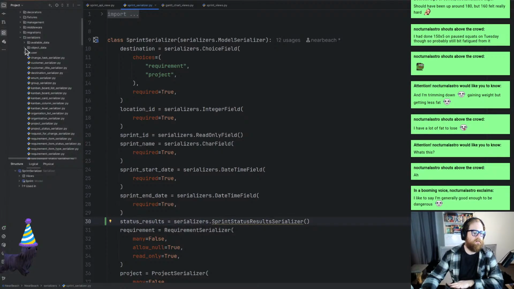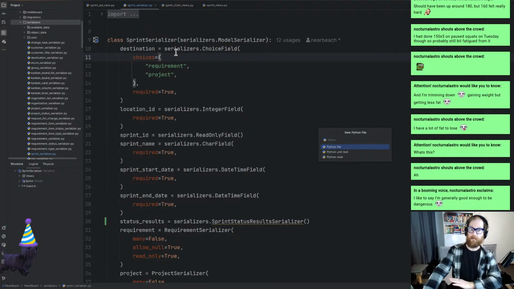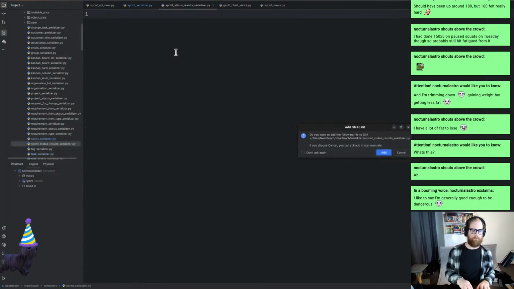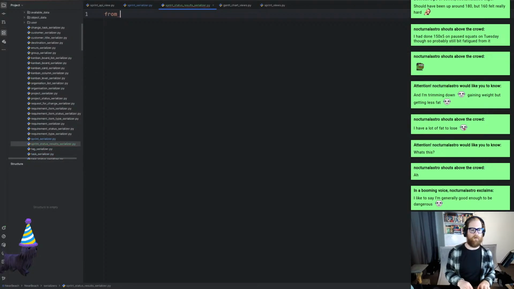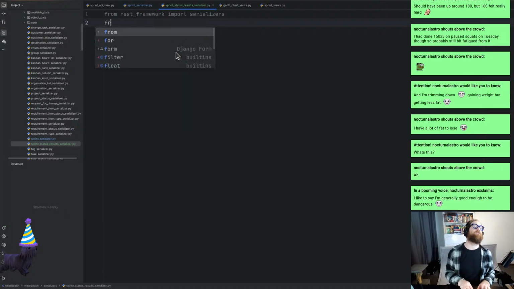So under serializers, it's not object data, it won't be user. All right, worst case scenario, if I think I put this in the wrong place, I'm just going to move it later on. I'm going to put it under the serializers. So sprint status results serializer.py. And then from the REST framework, import the serializers. And then we'll need to, from NearBeach.models, import